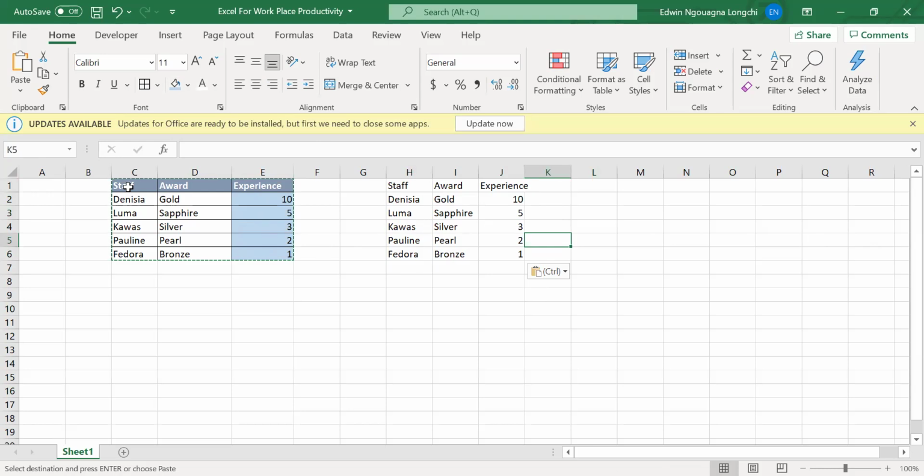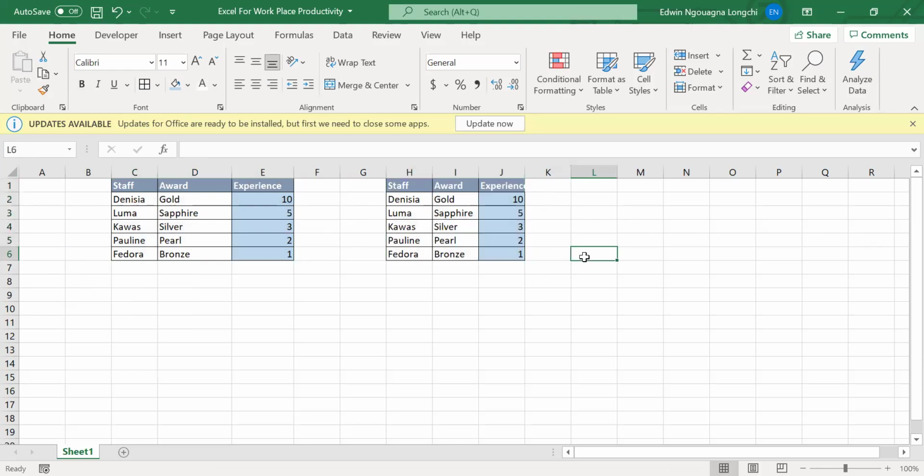Once you already have it on one table and they have the same style, like the same shapes and all that, you simply just highlight this table. You click on this format painter, okay? If I click on this format painter and come here and click and touch the whole of this table, automatically all the formatting appears on this other table. That's what I wanted to show you guys about this particular option.